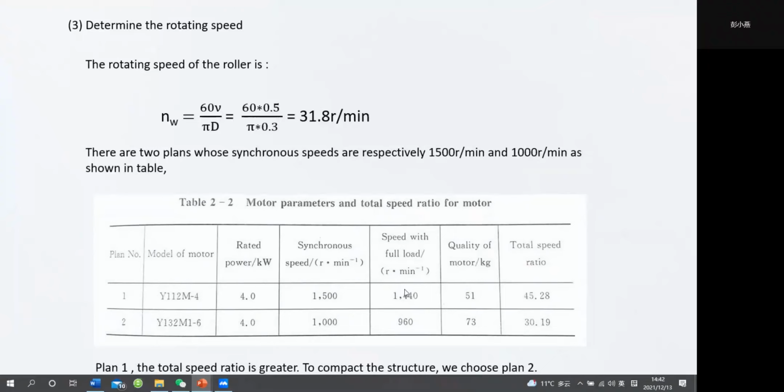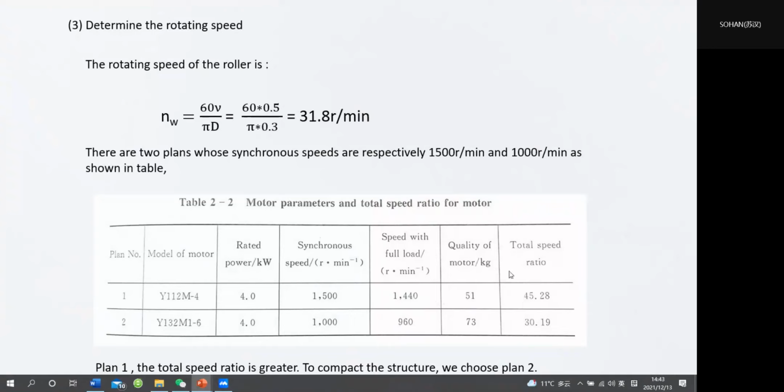So we can calculate the total speed ratio from the motor to the working part, from the motor to the roller. So if we choose this type of motor, the speed ratio is 1,440 divided by this. So the total speed ratio,